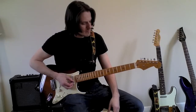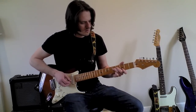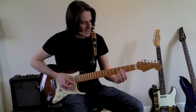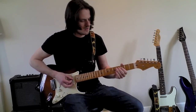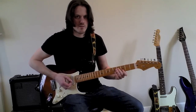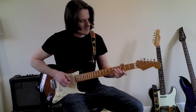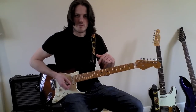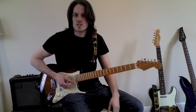Okay, and then after that, we're going to move up. Same sort of idea, we're going to bounce between the third, hammer onto the fourth, on the D string. Move your first finger across the B string at the third fret and hit that with your middle finger in your right hand if you want. Then you hammer from the fourth to the fifth and do the same thing again. Keep your first finger on the third fret on the B string. Together that's...